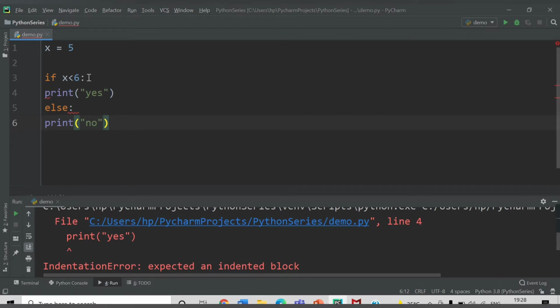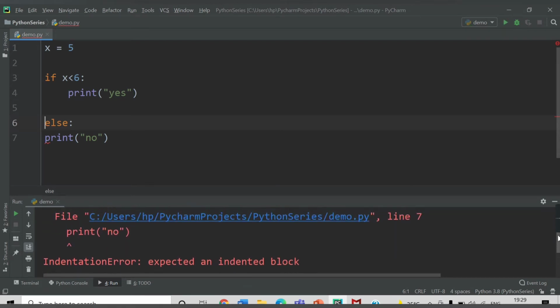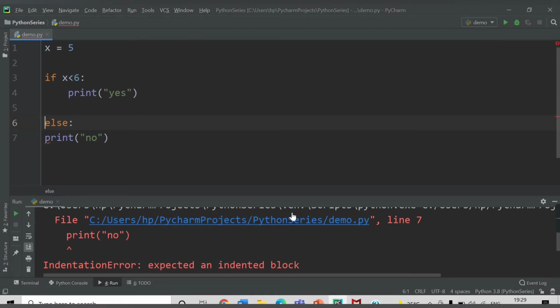After providing the condition, when I press enter, by default some space is added. If I copy this print and place it here and try to run it, I still get an error, but now at line number 7.